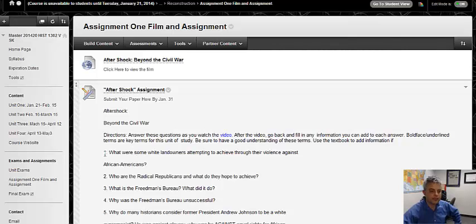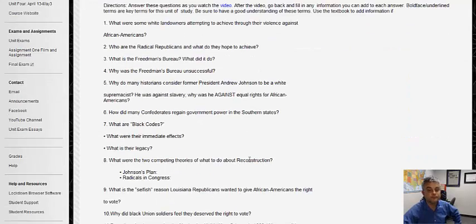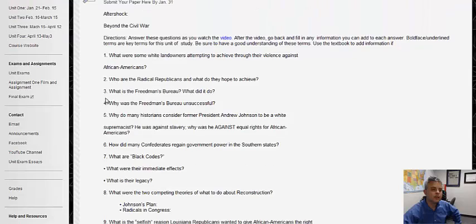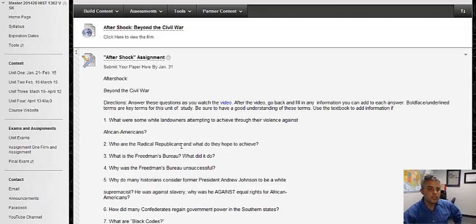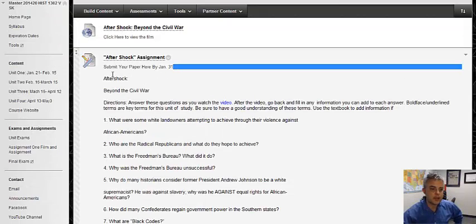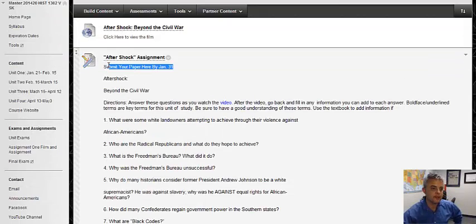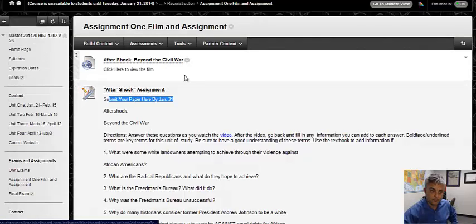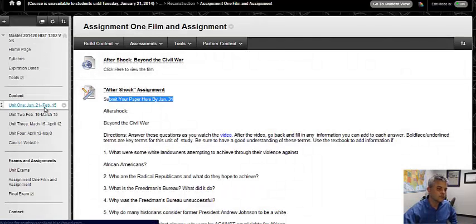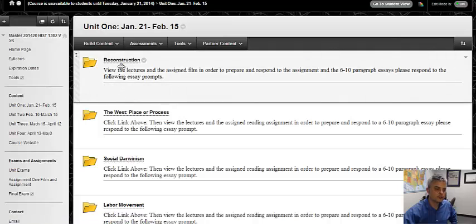So I highly recommend you print out these questions ahead of time, obviously, and put some space, maybe 4 or 5 lines between each question, and then just respond as you watch the film. They should go in order, so it shouldn't be too big of a deal. This expires on the 31st, so make sure you have that done. All right, so that's the film. This is assignment 1. Let's go back to Reconstruction